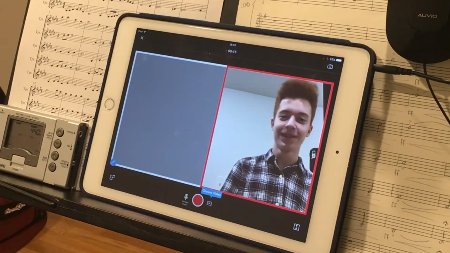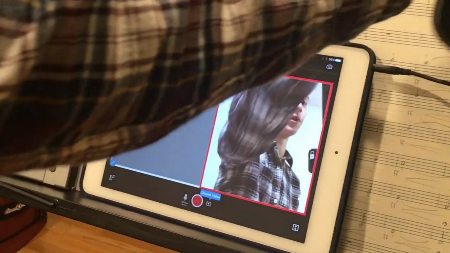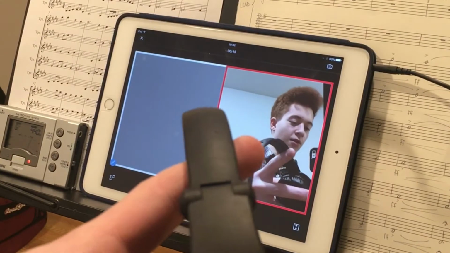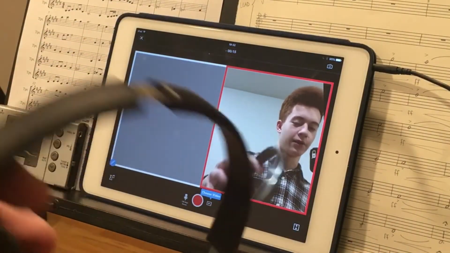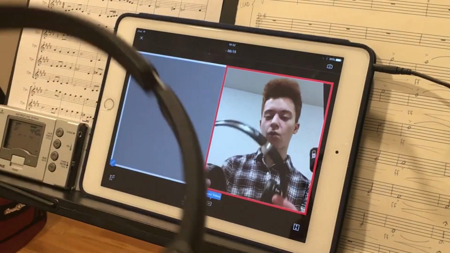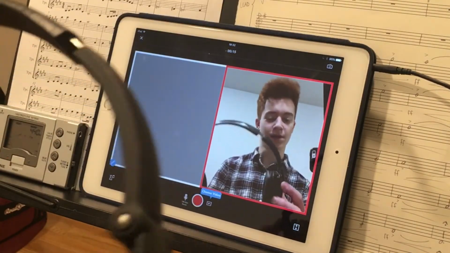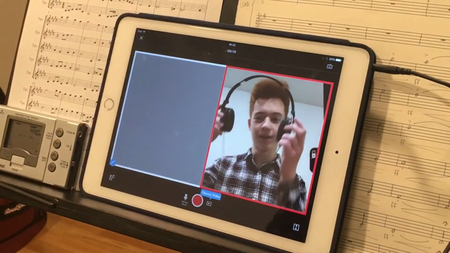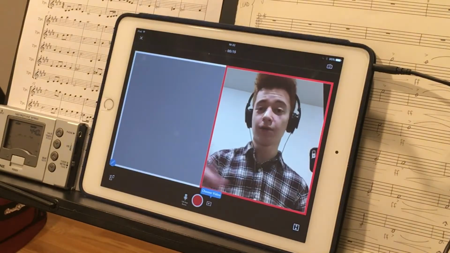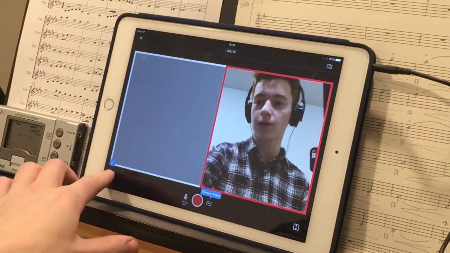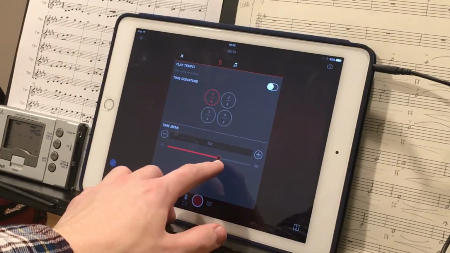There I am. So for the sake of this demonstration, I'm going to be using some audio headphones. They're pretty nice. I got them a while ago, but they work well. They record nicely, and there's a noticeable amount of static, but it's nothing too bad. So you just sort of pop these on, and what you can do is select this here metronome feature. Let's crank it up to about,